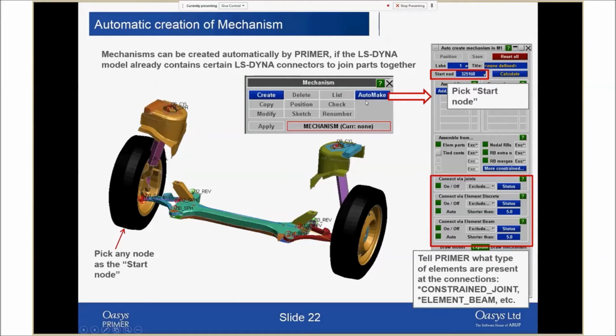So in this automake panel, you get various options, for example, connect via joints, or discrete elements. You can turn those on and off and set certain things about the length of those connections and so on. The way you work in this panel is you select a start node. In this example, the suspension system, you pick the node in the wheel, in the tire, then you click on a calculate button,